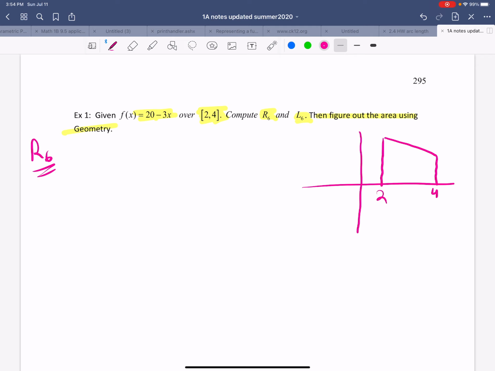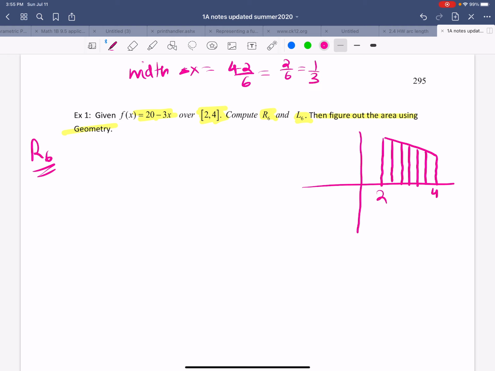So for the right-handed Riemann sum, to find R6, let's go ahead and divide it into 6 rectangles. We have 1, 2, 3, 4, 5, 6. So here we have 6 rectangles. We divided our region into 6 rectangles. What's going to be the width of each rectangle, which is going to be the same for both? The width, delta x, would be (4 minus 2) over 6, which is 2 over 6,